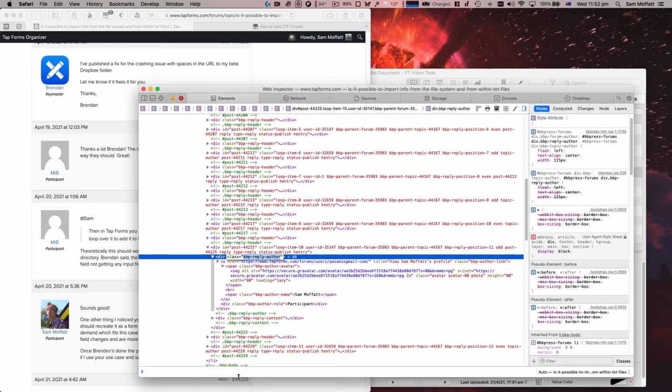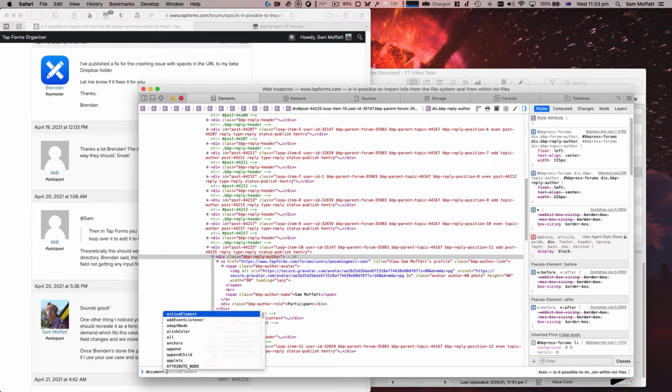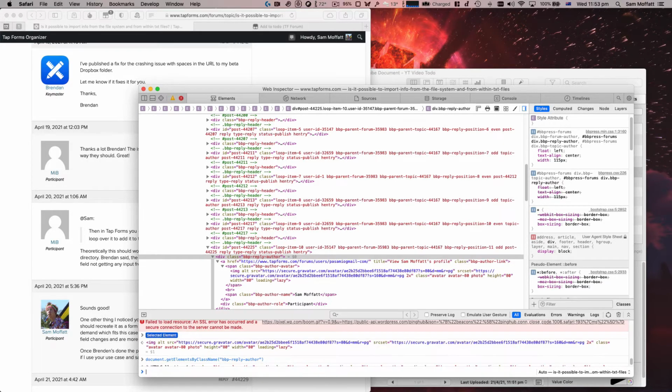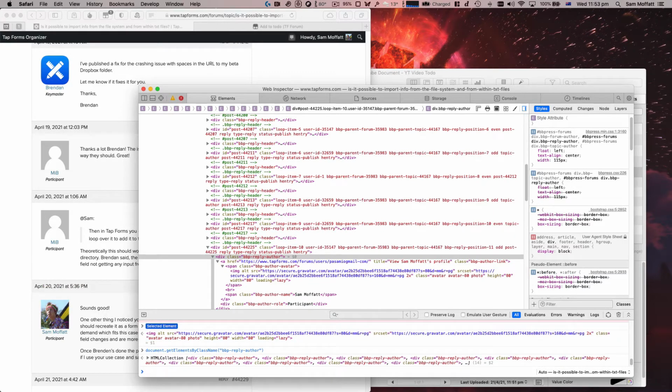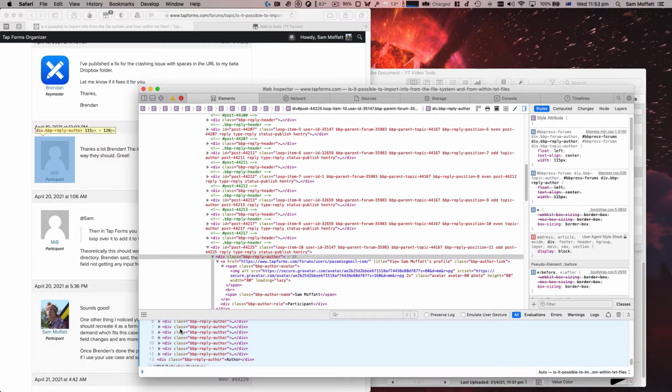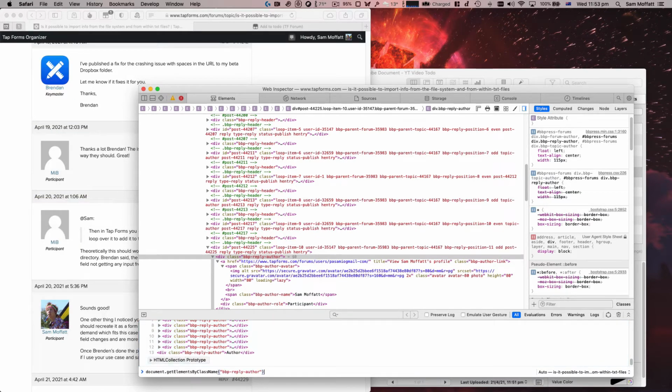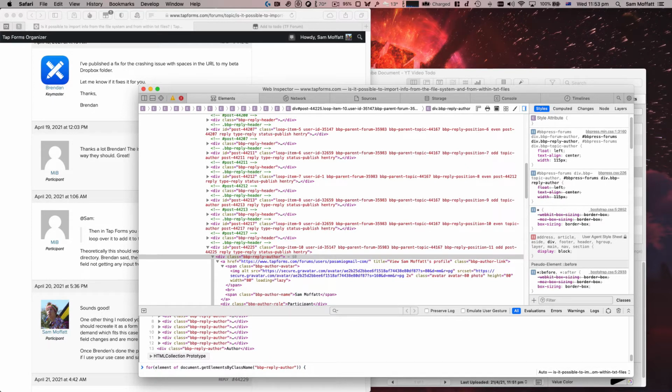Let's do document.getElementsByClassName, you, and that should give us a bunch of these. Yep. And what we want to do is for element of you, element dot,